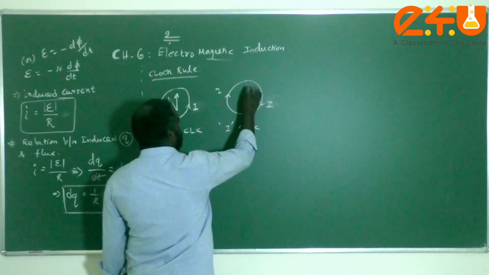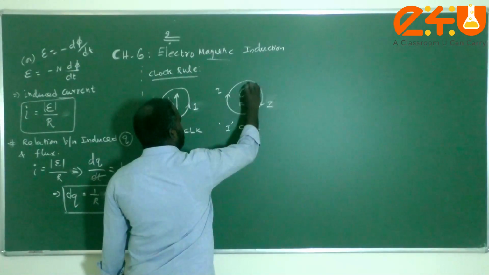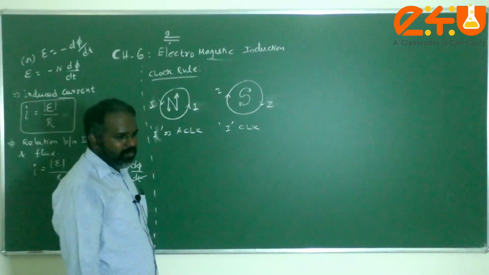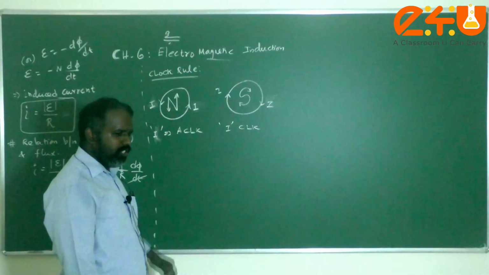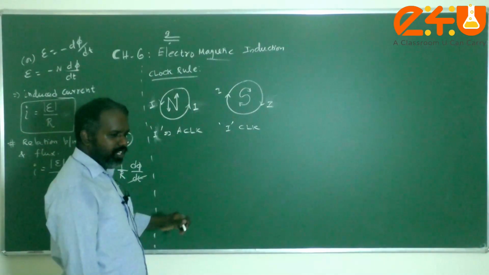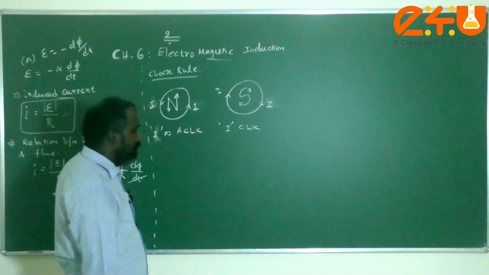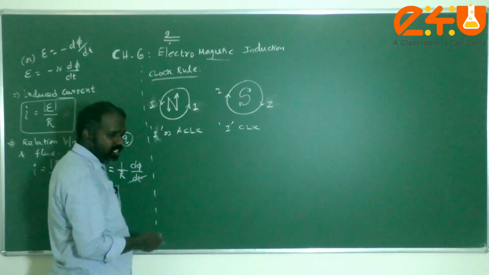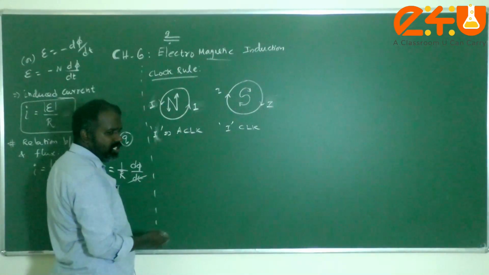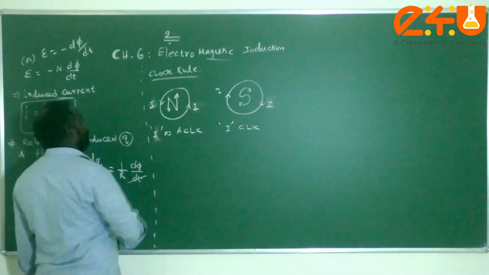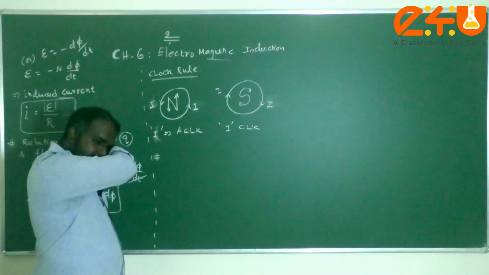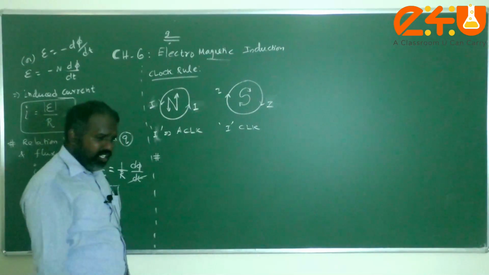Clockwise direction. Then we can say that that will act as a south pole. That will act as what, children? South pole of the magnetic dipole. So this is a very important result to identify the polarity of the system, when it will act as a north pole and when it will act as a south pole of the magnetic system. The other thing we are going to state, which is very important, is called Lenz's law.